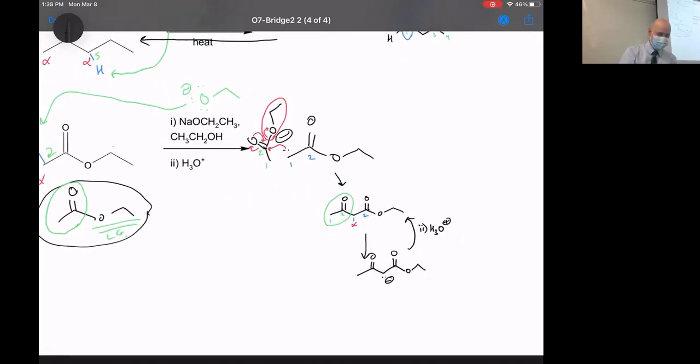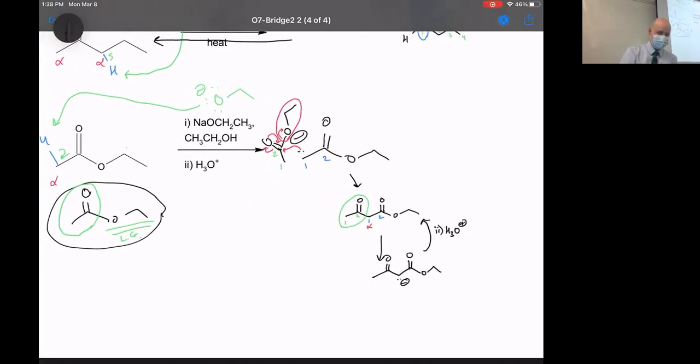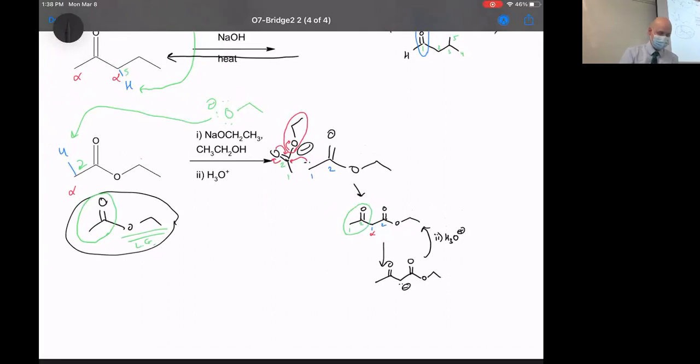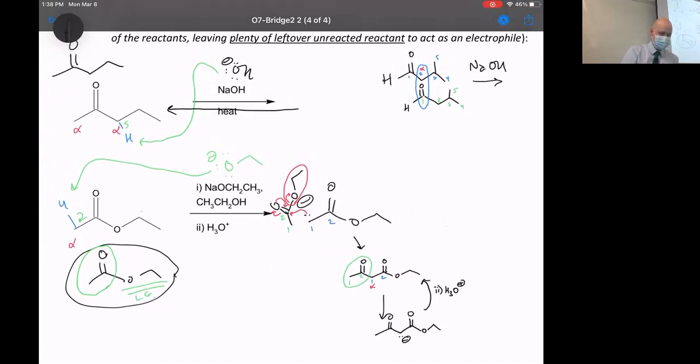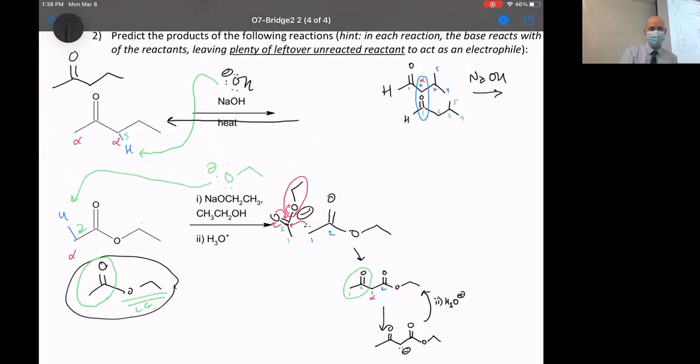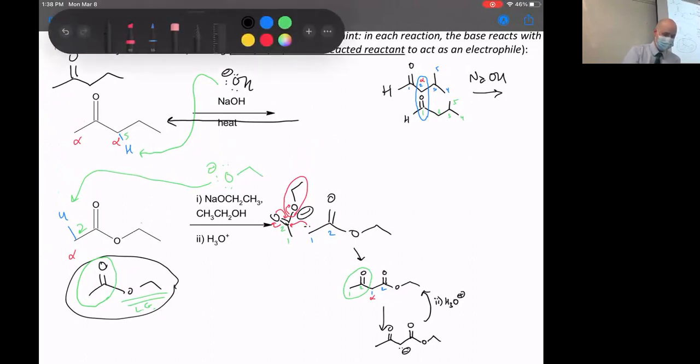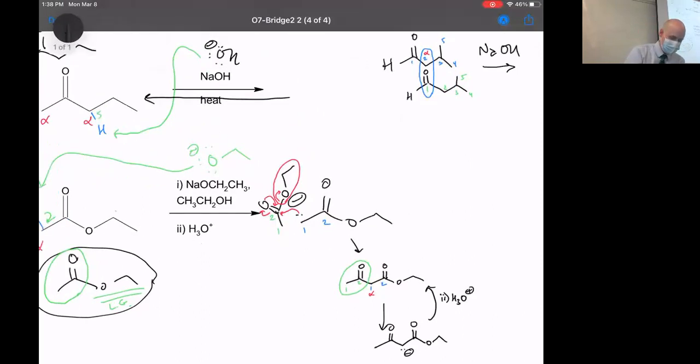Again, another thing we need to be really aware of here is the identity of the base that you use. So notice that with the aldol condensation, we just usually add sodium hydroxide. But with the Claisen condensation, you can't do that. The reason why goes back to our reactions from a couple weeks ago. So this is also going to be extra information that you may not need, but I just want you to be aware of it. If you added OH minus,